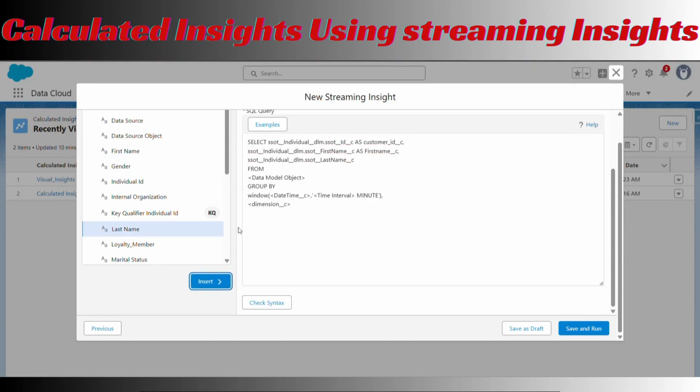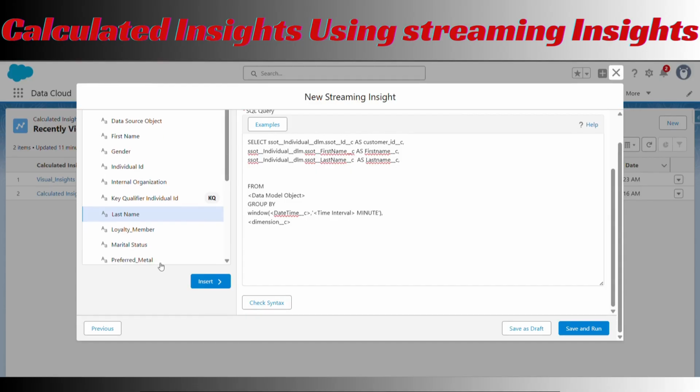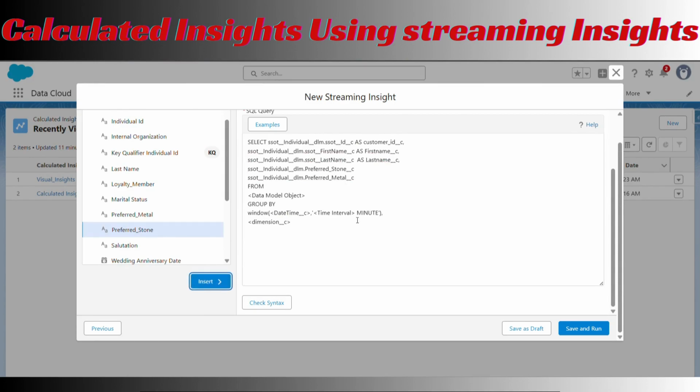For example, if I give you a real-time example, you want to detect fraudulent transactions in real time, right? A customer usually spends 5,000 per transaction. Suddenly within 5 minutes they try 3 transactions above 50,000 each. Okay, so with Streaming Insight in Visual Builder, you can set a rule to watch for unusual transaction amounts and define a time window, right? For example, 3 transactions within 5 minutes. If the condition matches, then trigger an alert to the fraud monitoring team or freeze the card automatically.